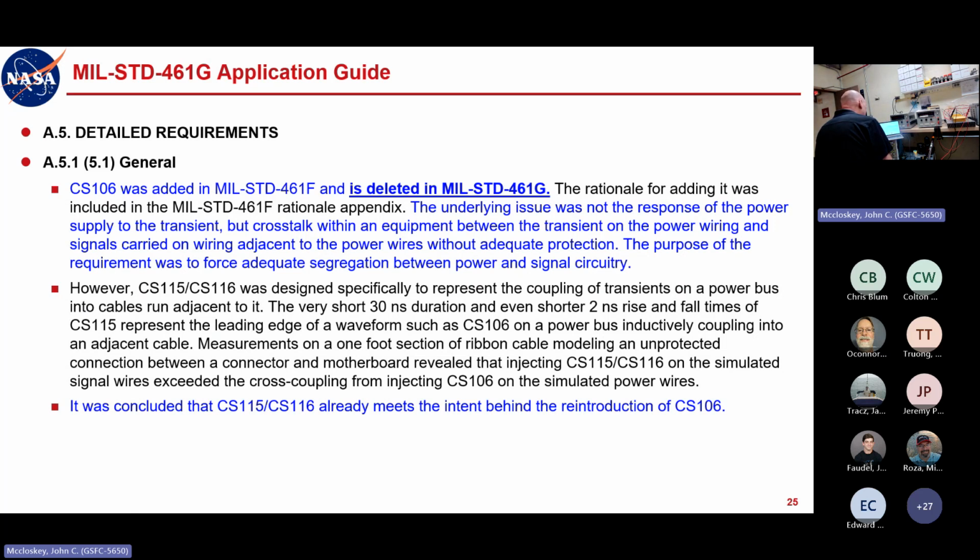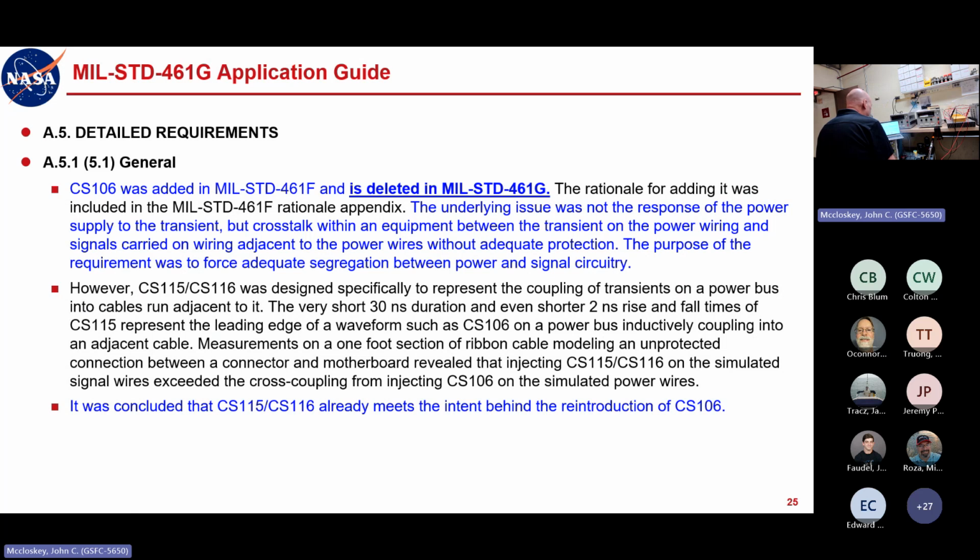So, and this is all verbatim right out of the 461G appendix, it says it was concluded that CS115 and 116 already meet the intent behind the reintroduction of CS106. So they got rid of CS106 in MIL-STD-461G. It is no more. So